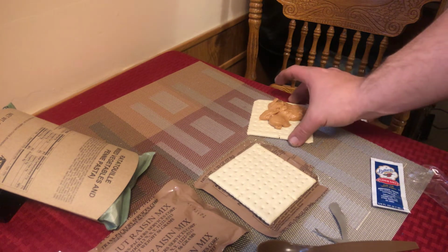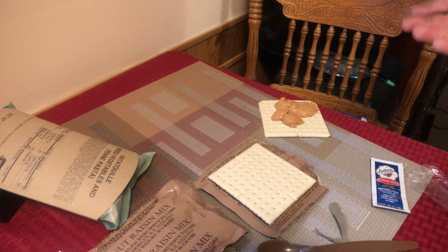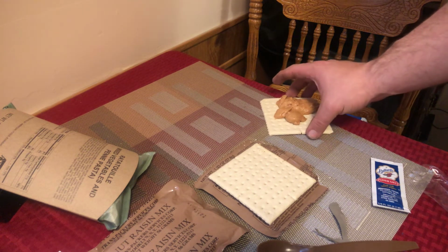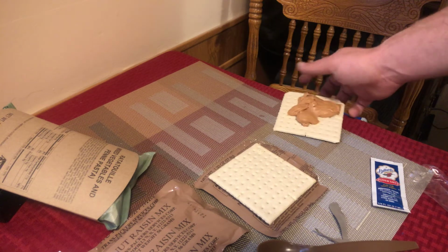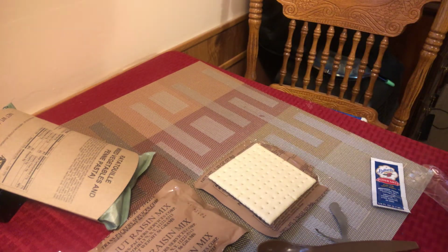Next up, I guess we could try our cracker and peanut butter. As I tried to pick up the cracker, a piece of it came off in my fingers. So much for bragging on the cracker coming out in a whole piece when it just breaks off as you try to handle it to eat it. These vegetable crackers are just